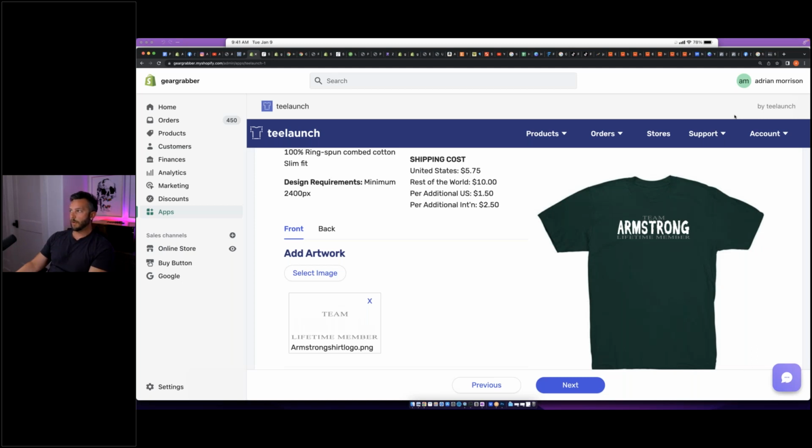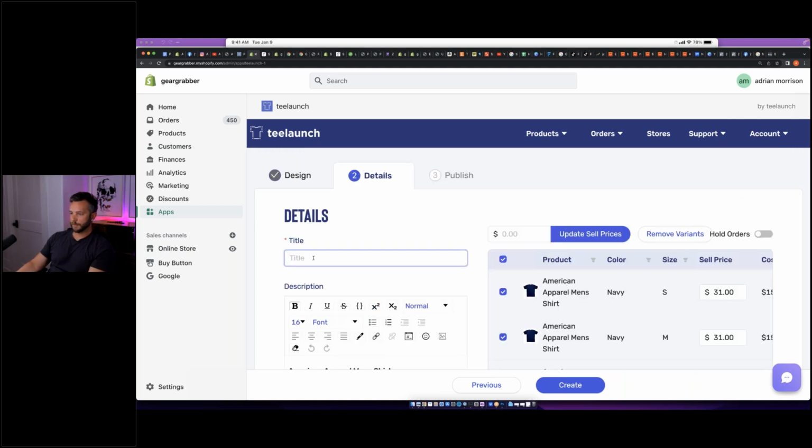So we would come over here and just say Team Armstrong. We would just say cotton shirt, okay?